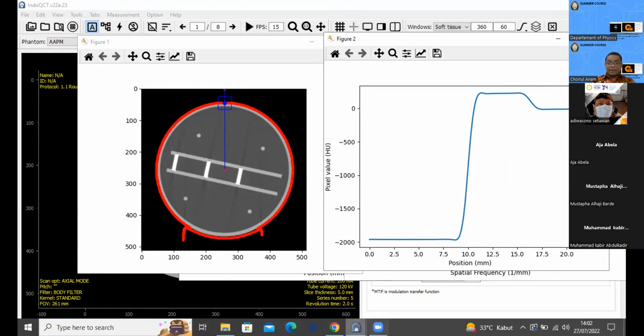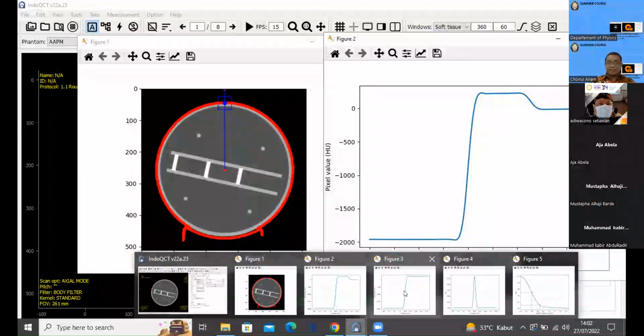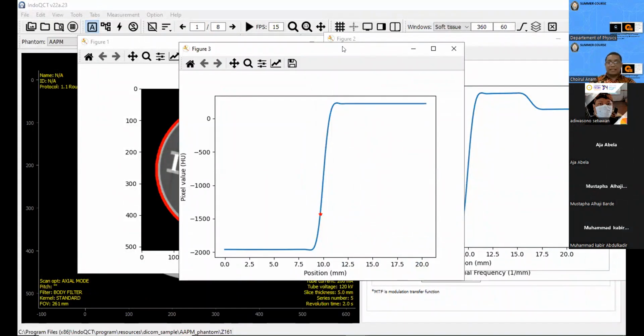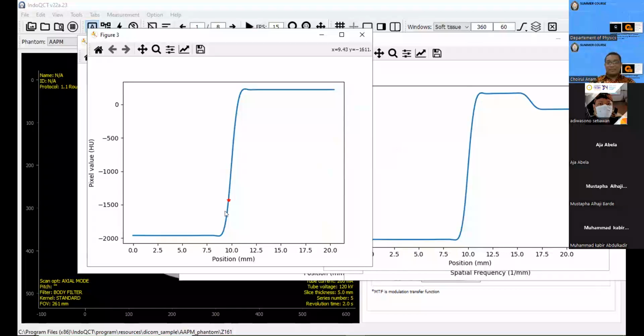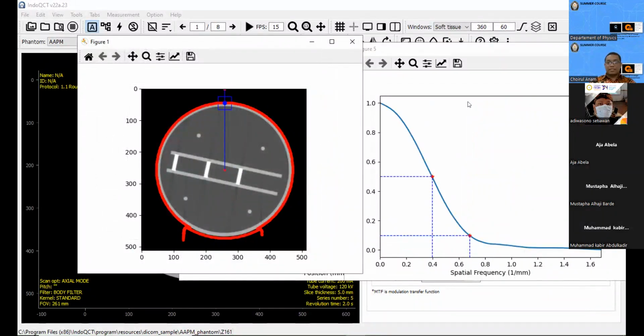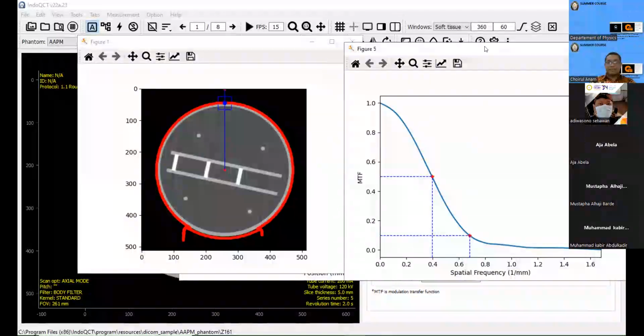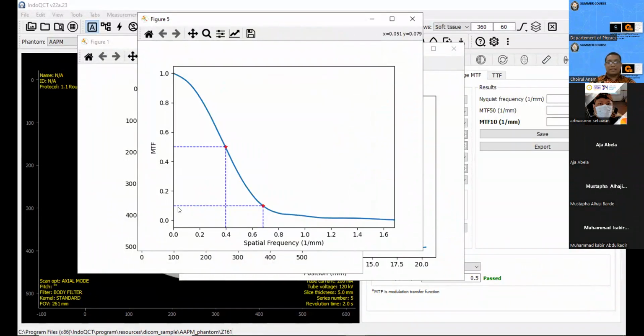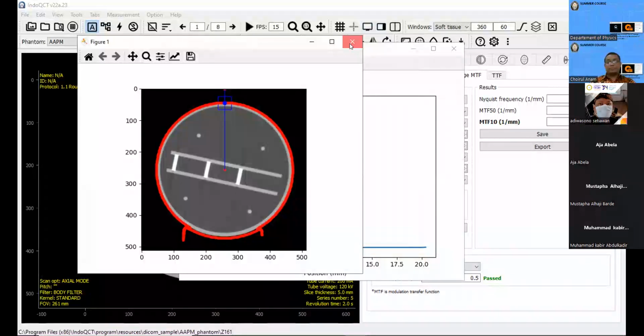By using the tail replacement, we can replace this tail by this one, and we get the ESF like this. By using the Fourier transformation, we get this MTF, and the value is almost 0.7. I think the result is okay.